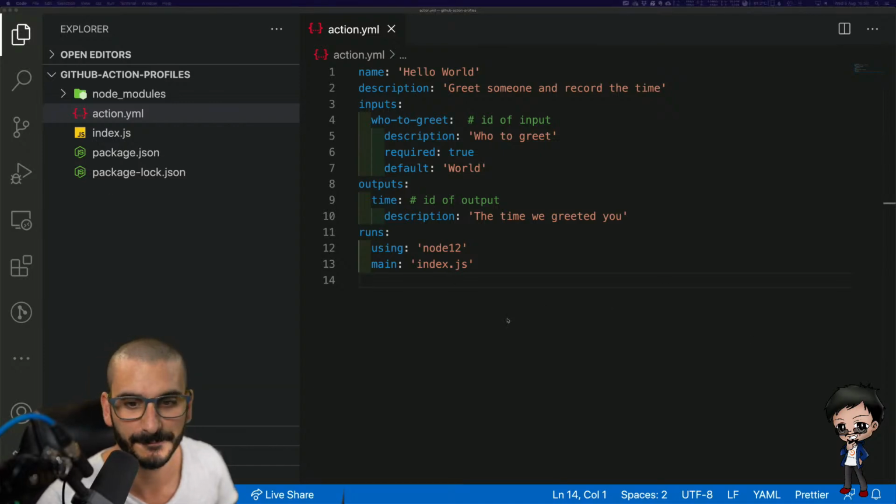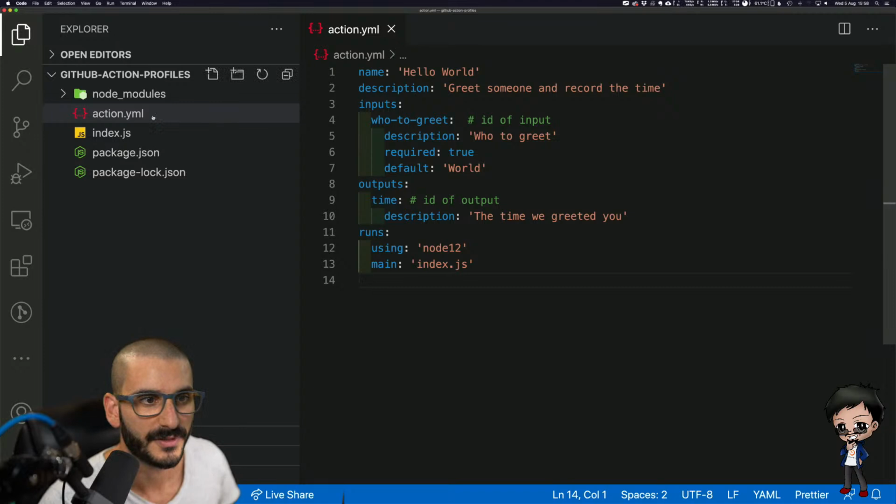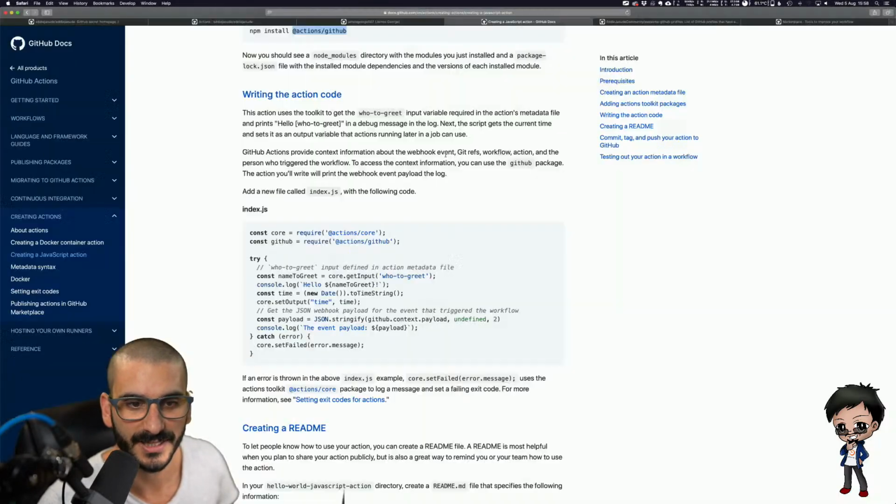Okay, so we've created also index.js, and then in their example, they include core, they include GitHub, and then they grab the